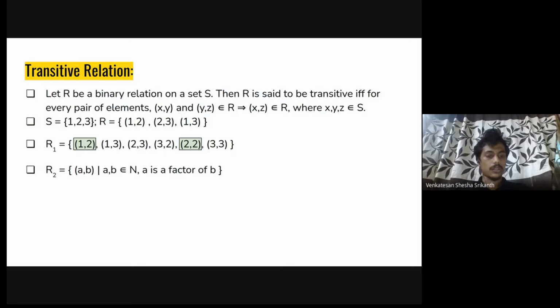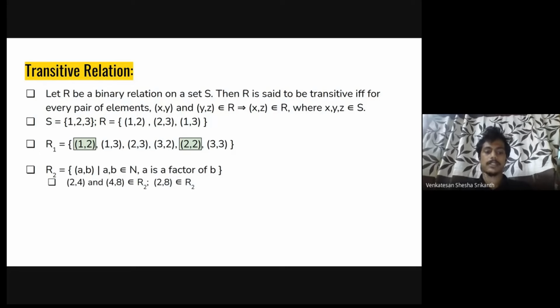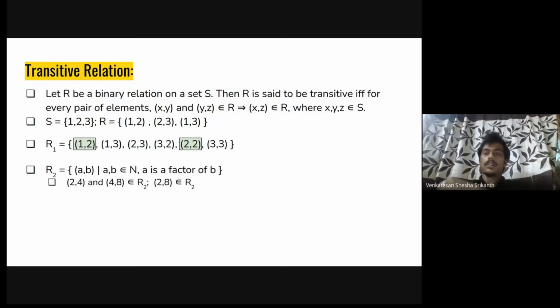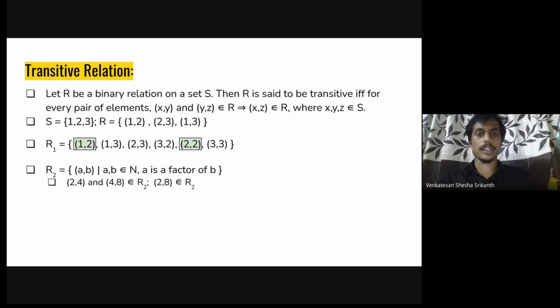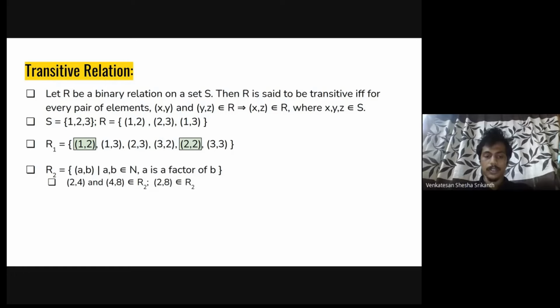So let's look at some more examples which include set comprehension. If I define a relation R2 taking elements a comma b, where a and b are natural numbers and a is a factor of b. When I say a is a factor of b, that tells us a divides b and leaves remainder 0, right? So we start by writing it explicitly. What elements can be in R2? Elements like 2 comma 4 can be in R2. It's just a matter of intuition: will 2 comma 4 be in my R2? Yes, because 2 is a factor of 4. So 2 comma 4 will be in my R2.